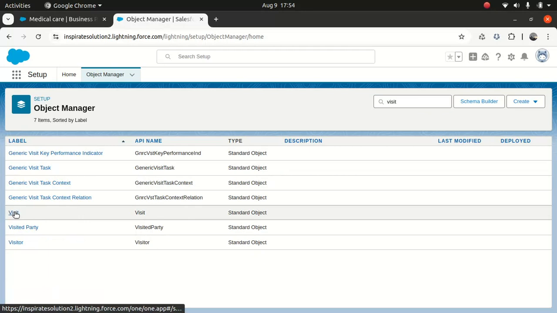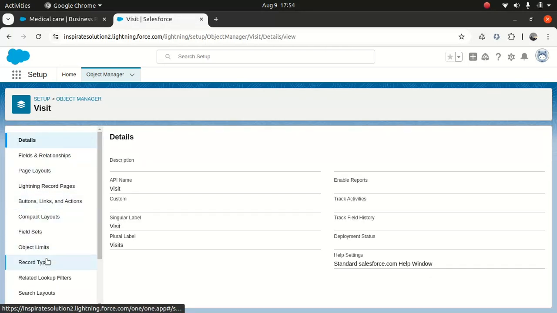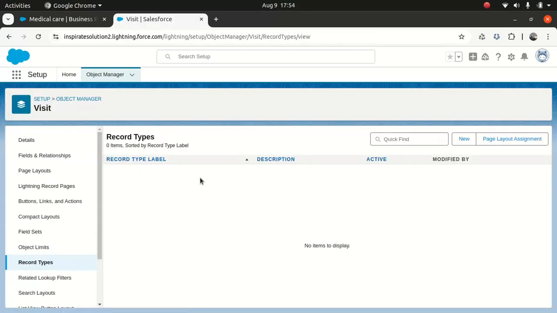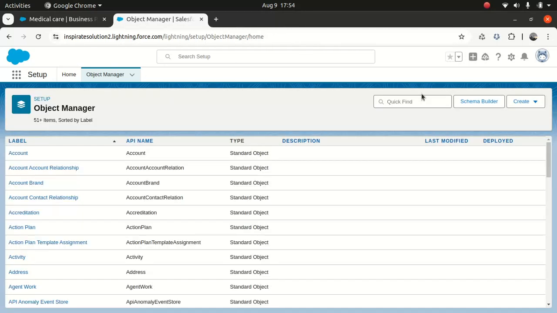So you have a visit object, and if you wanted to create a record type, there's no visit, so you might, depending upon the use case you might have, create a GP visit, or something different, like a hair salon visit, right? You can do that. And you also, if you wanted to have an individual, no, sorry, here,